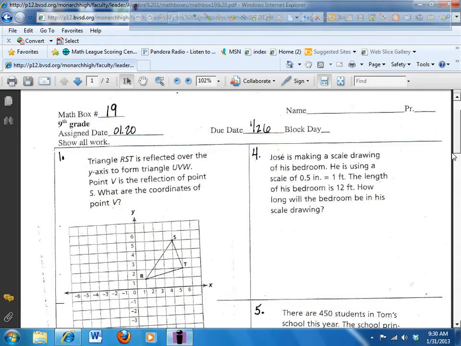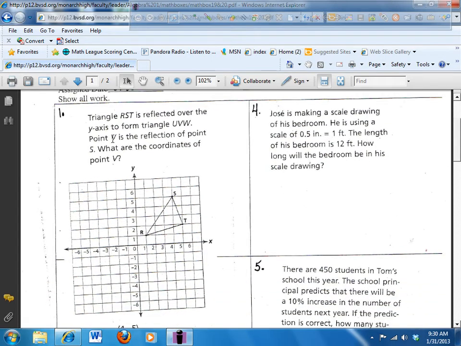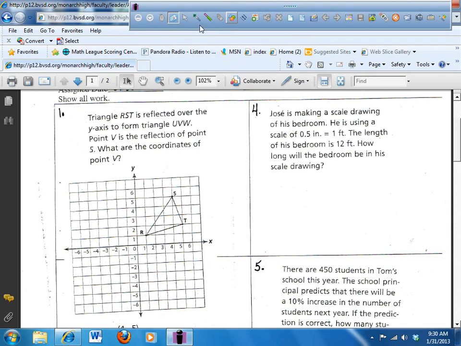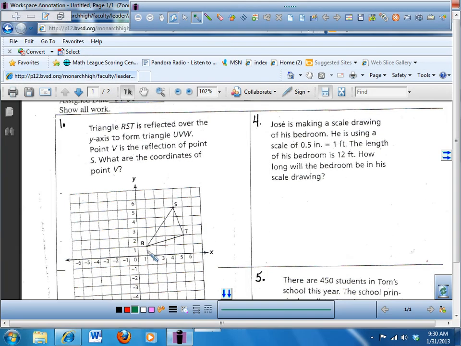Number 1. So this is kind of a weird one. This is a geometry question. RST is reflected over the y-axis to form triangle UVW. Point B is a reflection of point S. What are the coordinates of point B? What did they say? Reflected over the y-axis. So in other words, this figure here gets reflected. If this were like a mirror, right here,